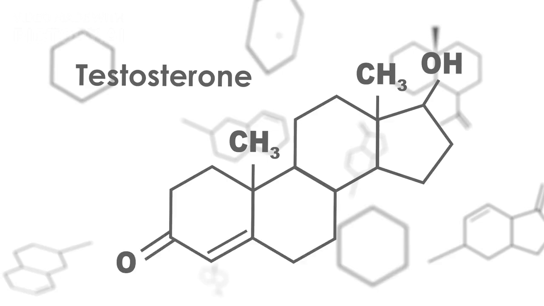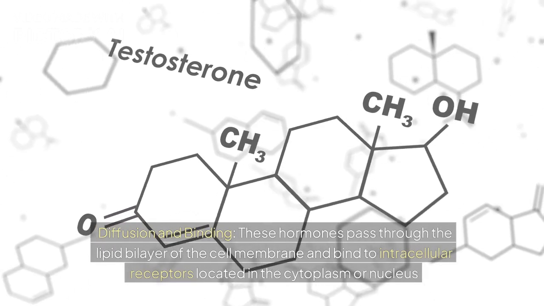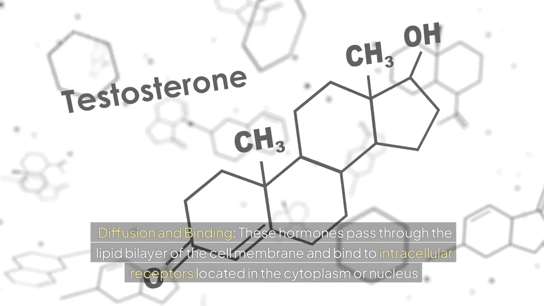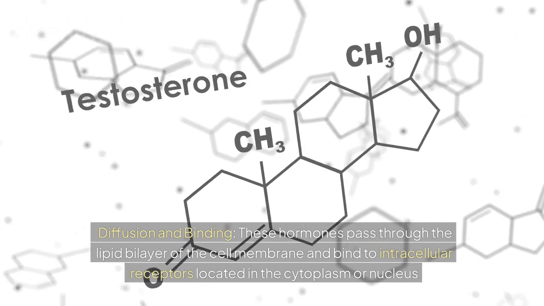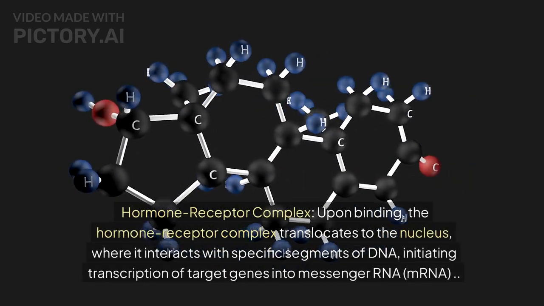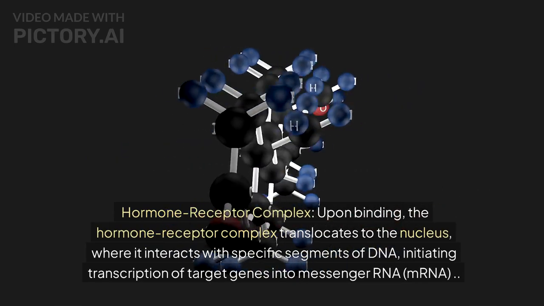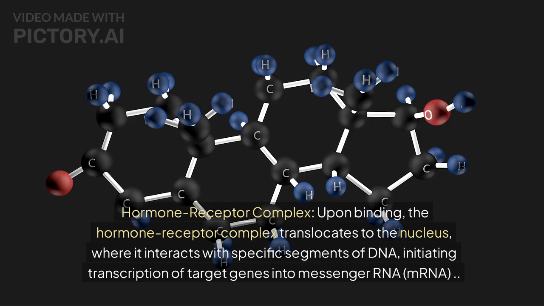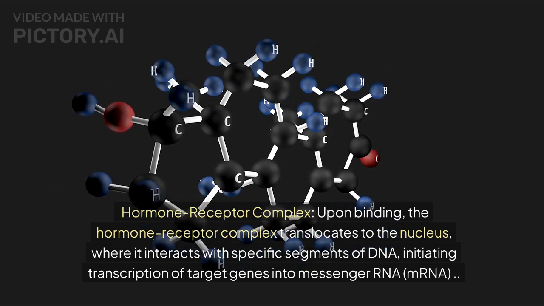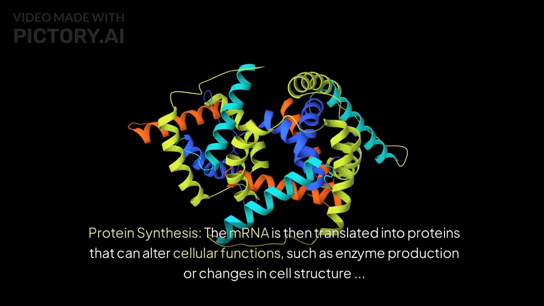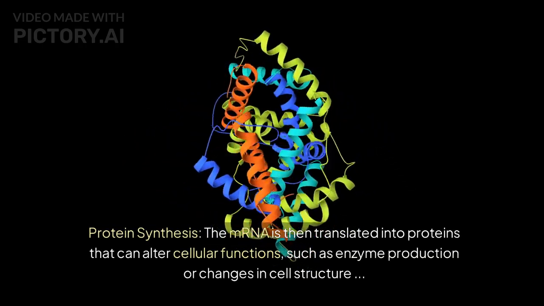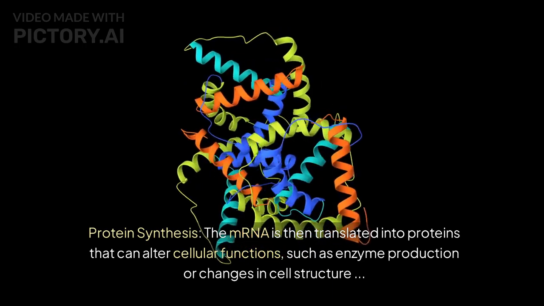Here's how they function. Diffusion and binding. These hormones pass through the lipid bilayer of the cell membrane and bind to intracellular receptors located in the cytoplasm or nucleus. Hormone receptor complex. Upon binding, the hormone receptor complex translocates to the nucleus, where it interacts with specific segments of DNA, initiating transcription of target genes into messenger RNA, mRNA. Protein synthesis. The mRNA is then translated into proteins that can alter cellular functions, such as enzyme production or changes